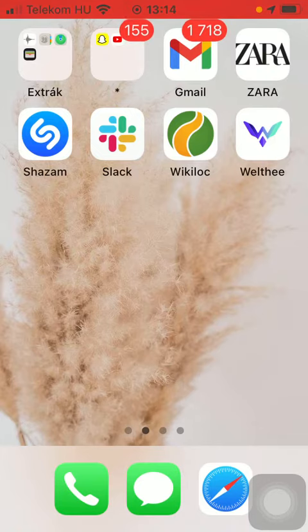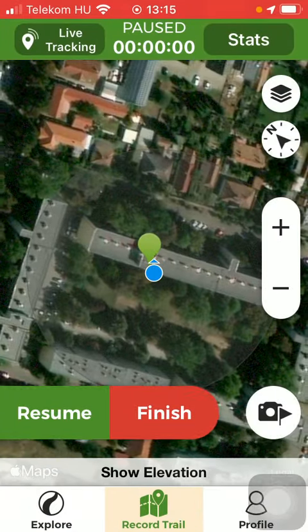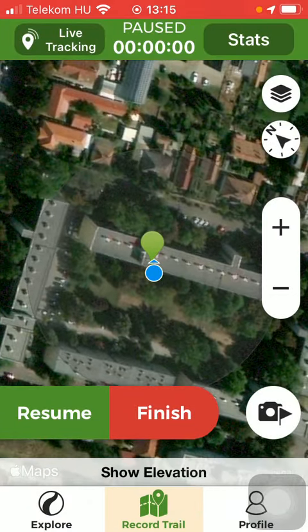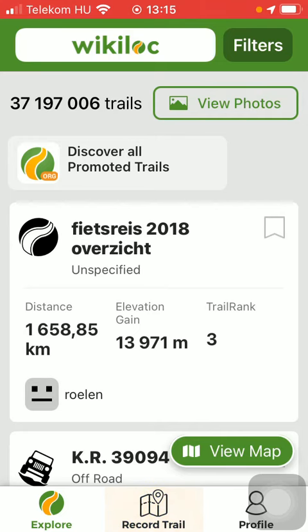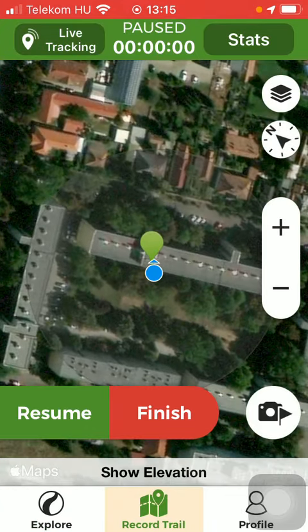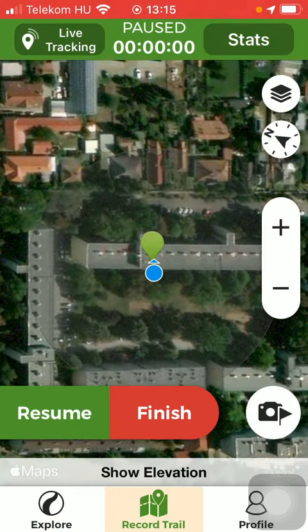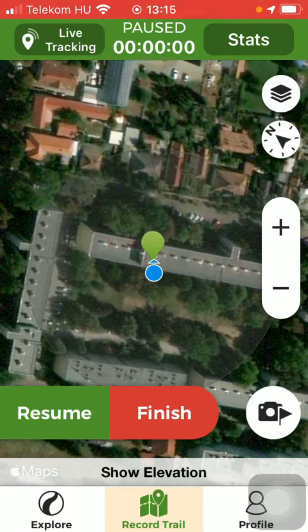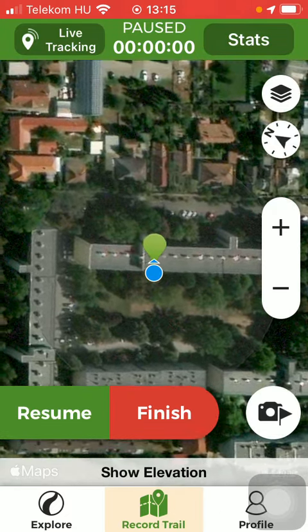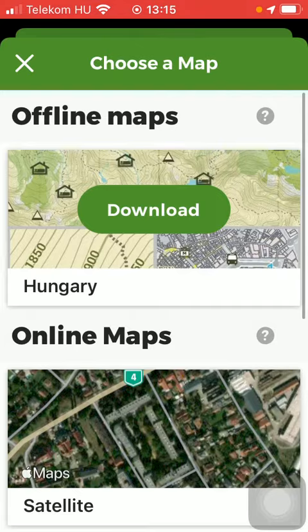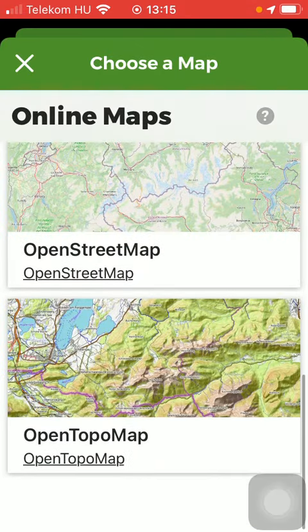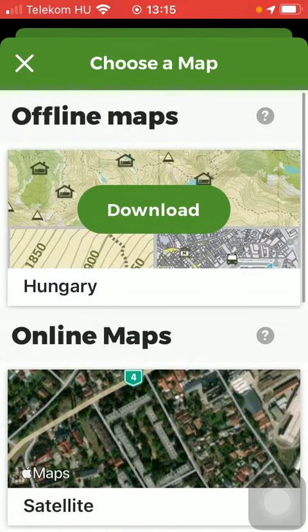So let's jump into it. First of all, open the application on your phone. Now you should tap on the record trail icon down below. And after that, tap on this map icon that you can see in the right side corner of the screen. And if you scroll down, you can see that there is a bunch of options. And if you tap on the download button, you will be able to download